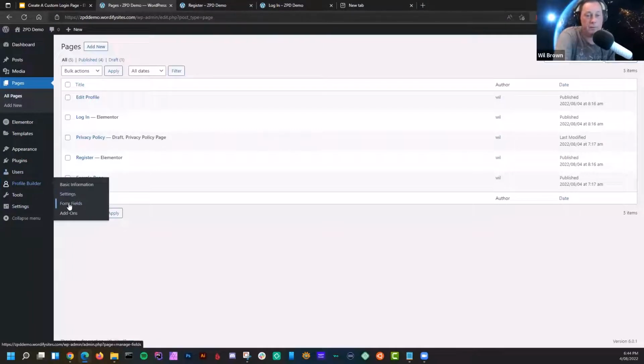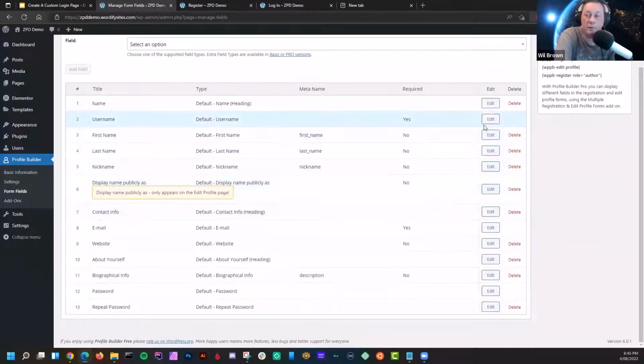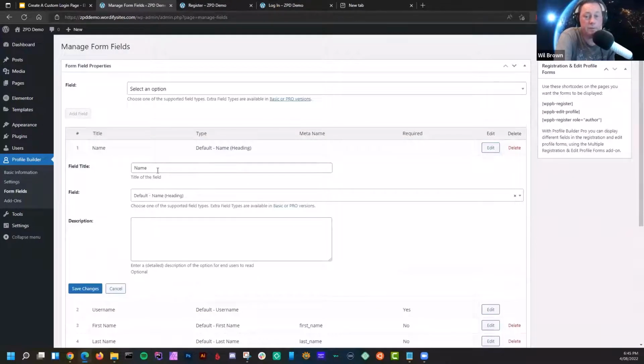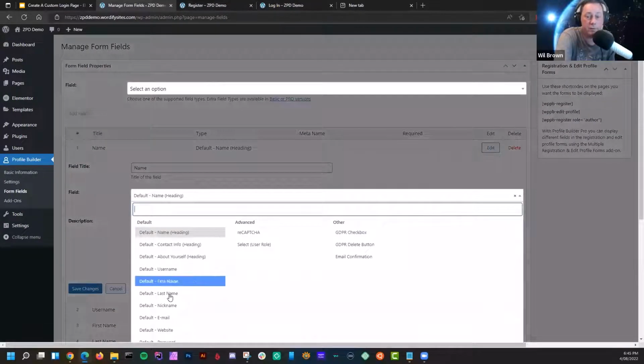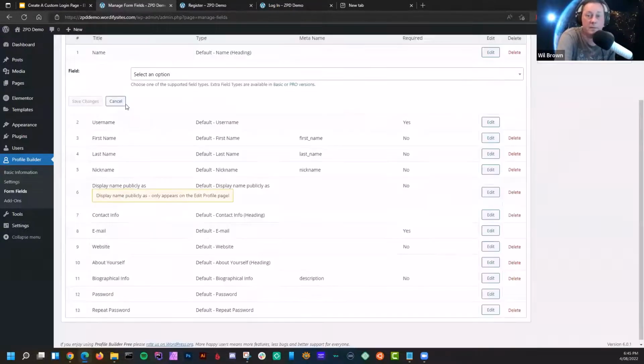You'll see that under settings, you've got form fields. And again, this comes with the free version. You don't need any bolt-ons for those. But you've got a list here. So you've got name, username, first name, last name, all these sorts of things. So you can edit them and change the field title for those. Then you can change the actual field itself, and there are quite a few that you can select for those. And then you can basically customize your